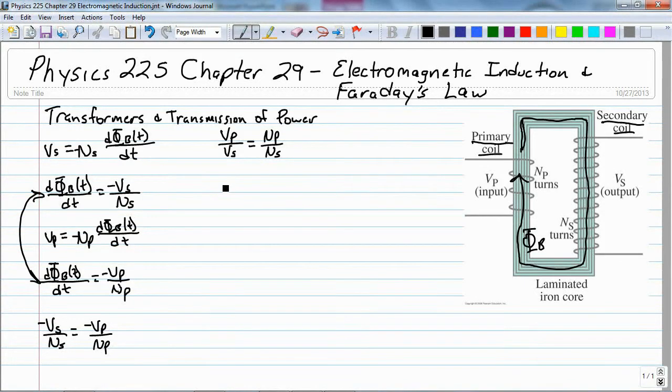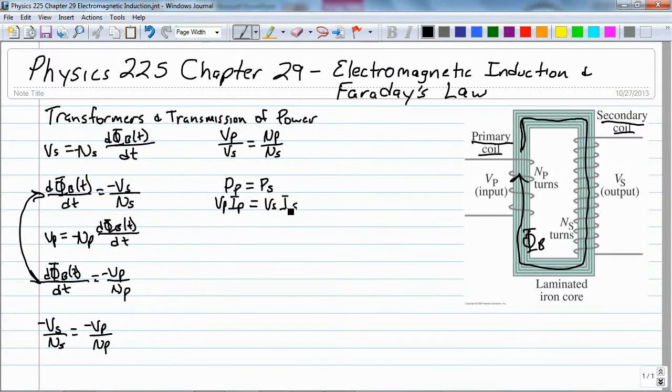So the method to find the current relationship, well, we have to think about power. The power in the primary has to equal, if it's a lossless transformer, the power in the secondary. A transformer cannot create energy, it just transforms it from one coil to another. And so we have that Vp Ip is equal to Vs Is,